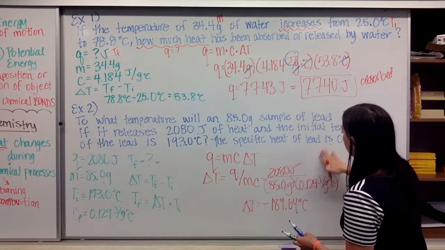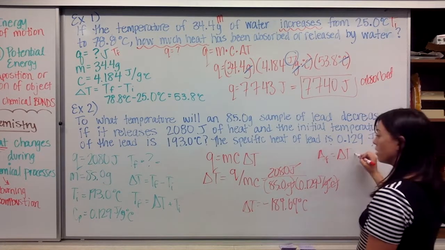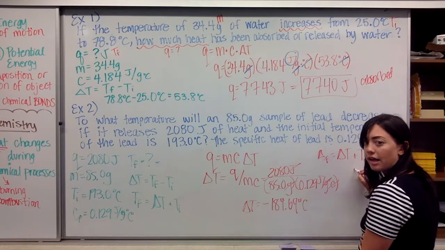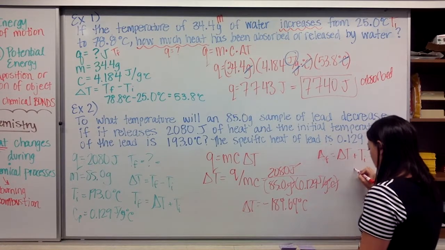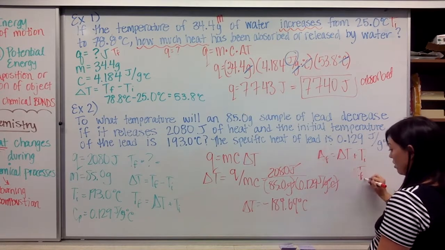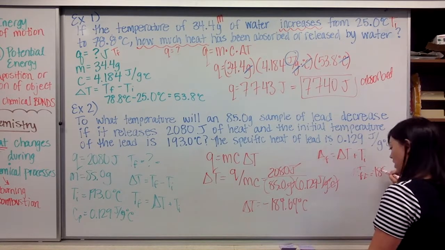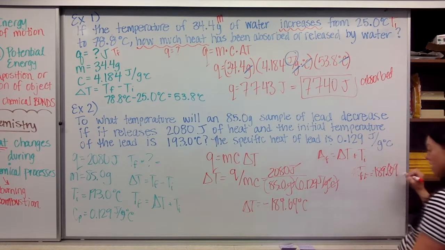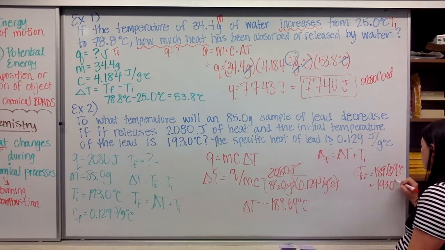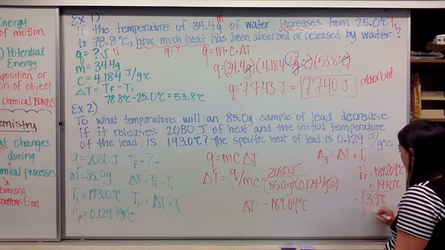For T final, from over here, T final equals delta T plus T initial, which if I plug that in, I get T final equals negative 189.69 degrees Celsius plus 193.0 degrees Celsius, which equals 3.3 degrees Celsius. That is my